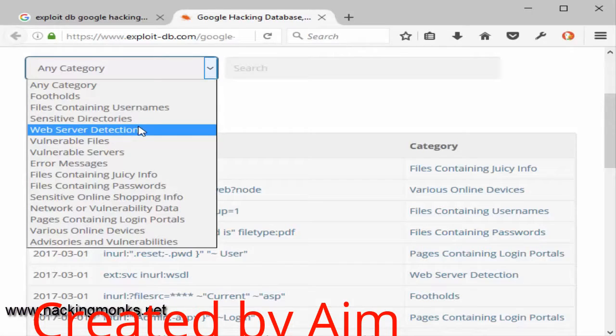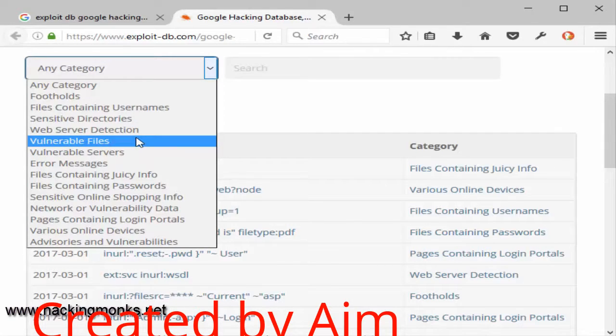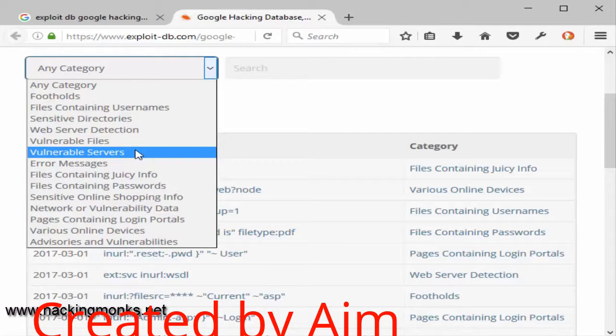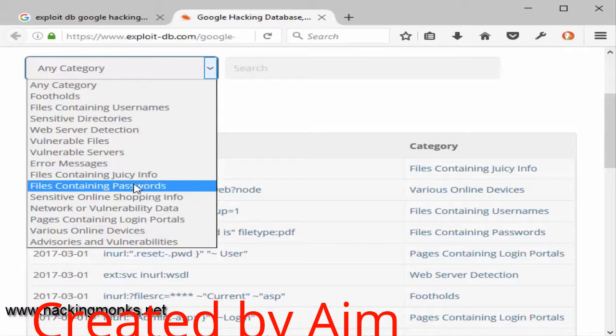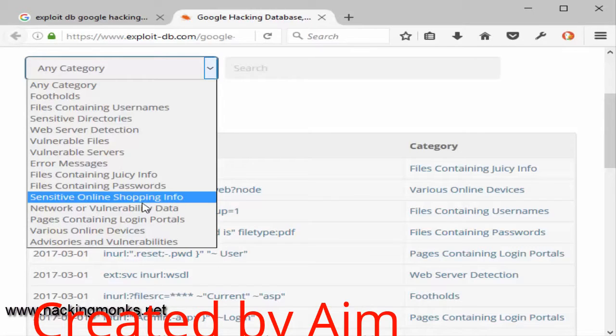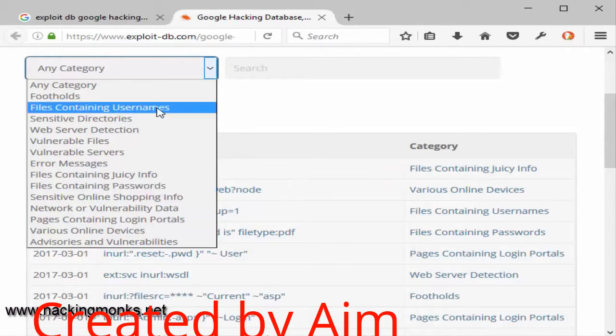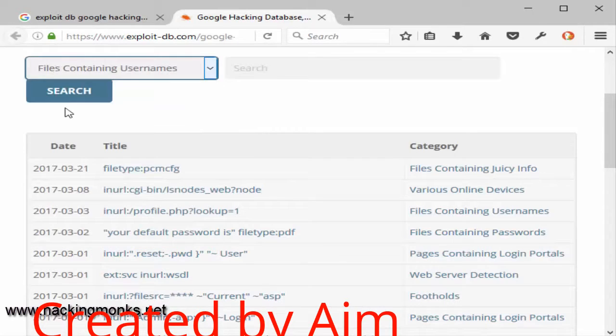And then there is web server detection. It's like reconnaissance, vulnerable files, or you can get the vulnerable servers themselves. You can go for files containing juicy information, files containing passwords or usernames, sensitive online shopping info, and many other things, man.